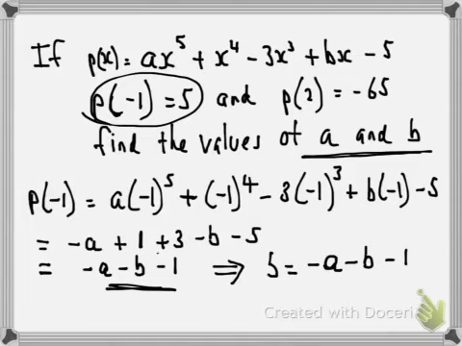Negatives, I try and get rid of them as much as I can. So if I look at this, with the change sides thing that we've used for quite a few years now in our equations, if I take the negative a and the negative b to the left-hand side, they become a plus b equals, and if I take the positive 5 to the other side,